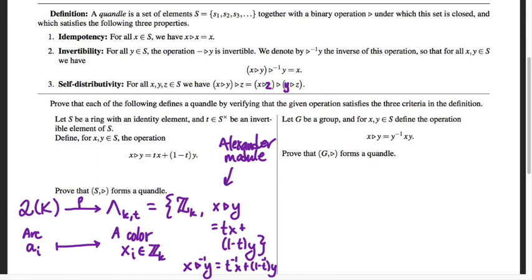When you discovered this invertibility formula for the magic average, what you really ended up showing is that x triangle y, triangle inverse y,